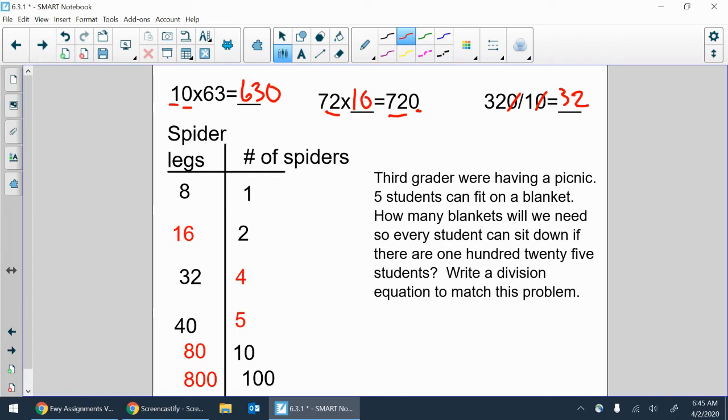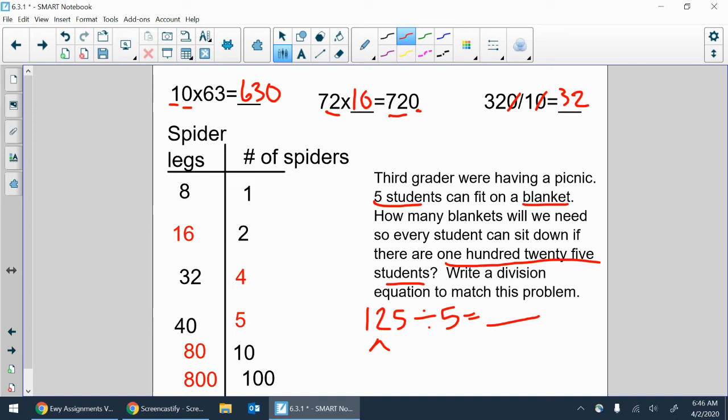So we have 5 students on a blanket, and we have 125 students altogether. So my division problem is I have 125 students that I have to divide into groups of 5. So how many blankets will I end up with? To figure this out, I'm going to break 125 into 2 different numbers. I'm going to divide it into 100, and I'm going to divide it into 25. I chose those two numbers